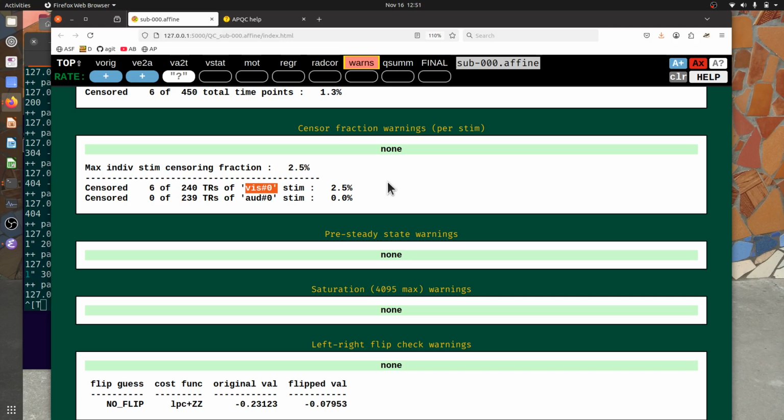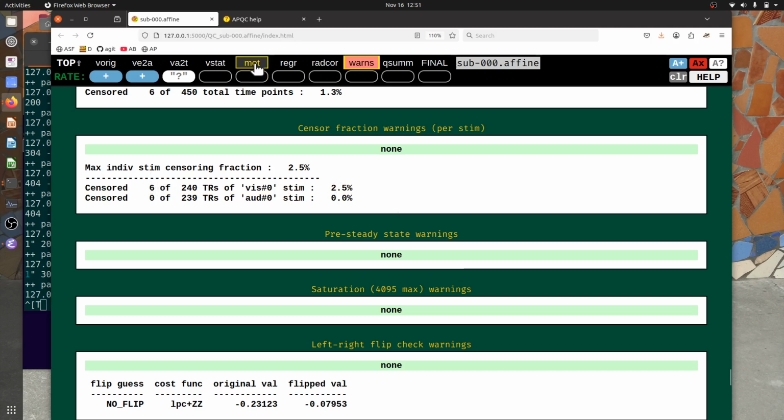This is useful for knowing if, for example, you only have a small amount of total motion, but for one of your stimulus classes, you have a very high fraction. That's not the case here. It just so happens that there's 0% motion during the audio on time, and the motion tended to be only during the viz time, all 6 time points that we saw